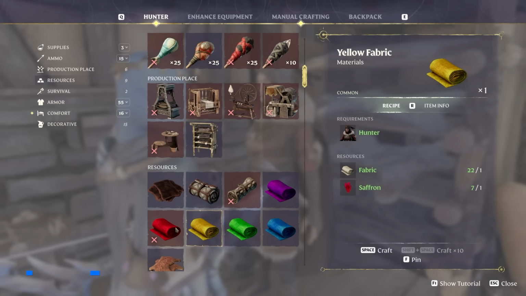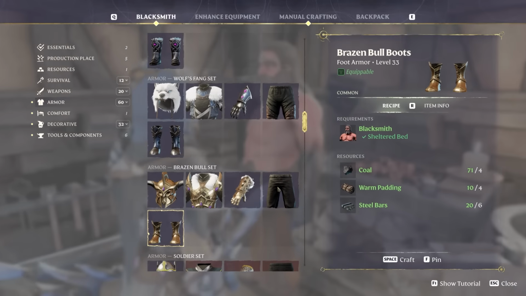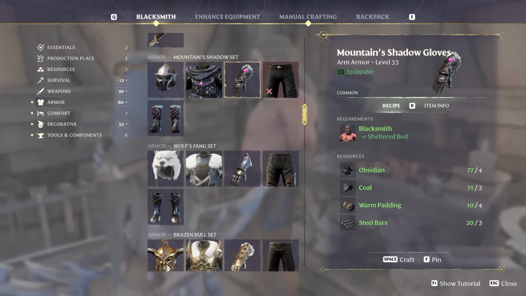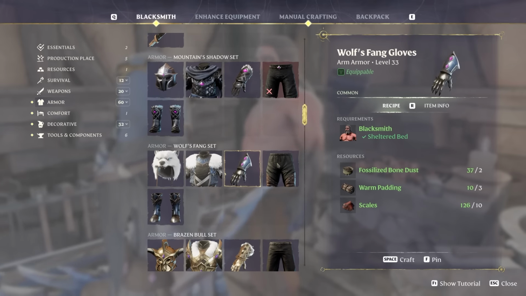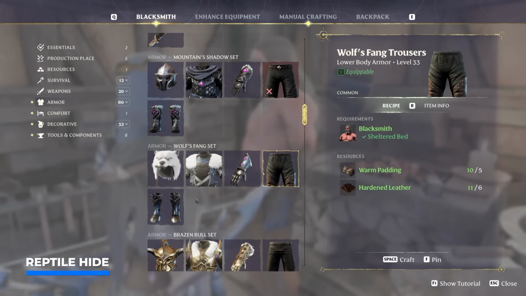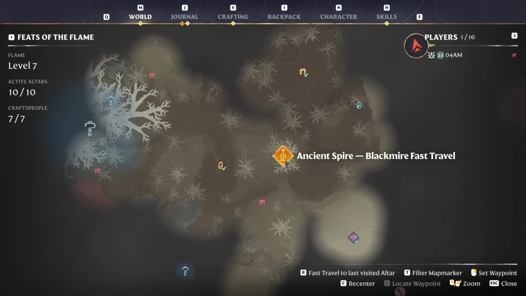Small red plants, then red fabric, for which you're gonna need sulfur, also found in the Kindle Wastes. I'm sure many of you guys are looking forward to crafting the Brazen Bull set, the Mountains Shadow set, but especially the Fang Set. Some of these require resources also from previous biomes like the Fossilized Bone Dust and the Scales. So let's quickly talk about those, including the Reptile Leather, for which you first want to make your way